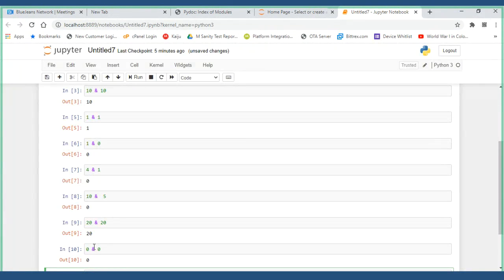Where the true comes for this AND is if both bits are same bits, or both bits are 1. Remember that. If both bits are same bits or both bits are 1, then it will return the same value. First, you are logically comparing whether both are there or not. If any one value is different from the other one, then it will return some different result.